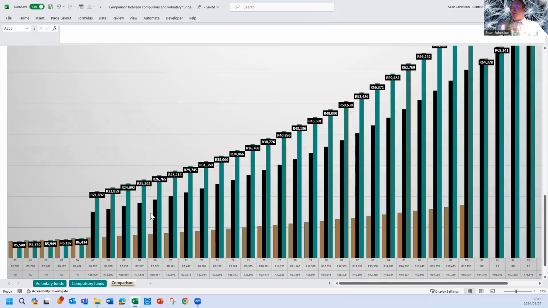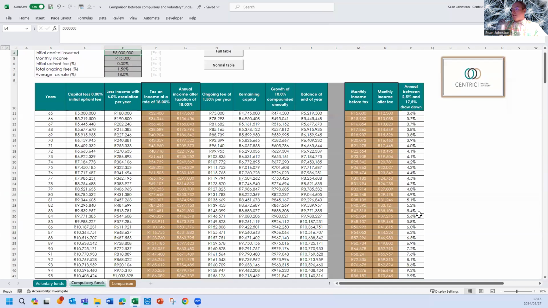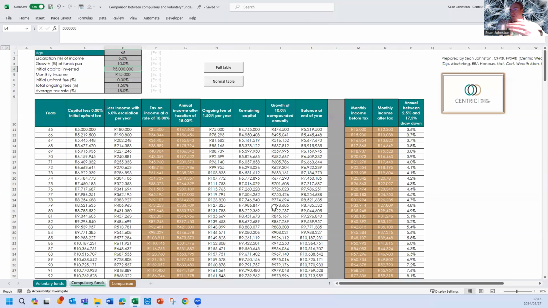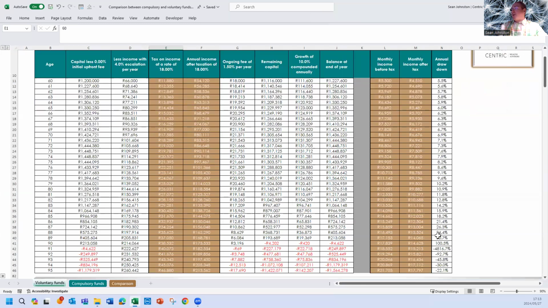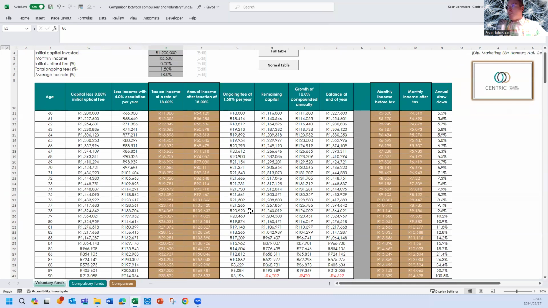I'll actually make a note at the bottom of this template by the time you get to download it, just so that you are aware to always make voluntary money accessible first, and then when you get to the compulsory, you can make that a later age if you want. It's just because once compulsory money hits the 17.5 percent limit, it reduces, and that's not ideal, versus voluntary money, which doesn't have that problem, but you run the risk of depleting your funds to zero a lot faster than compulsory funds.